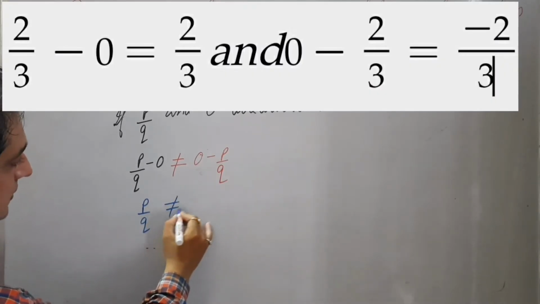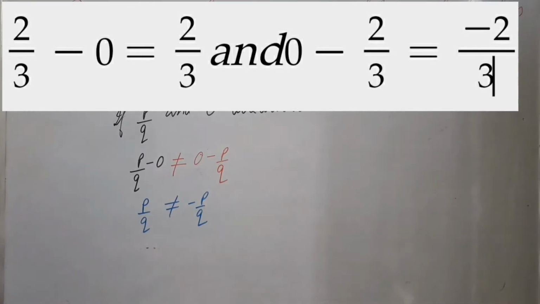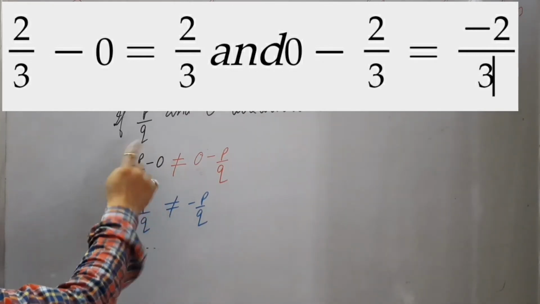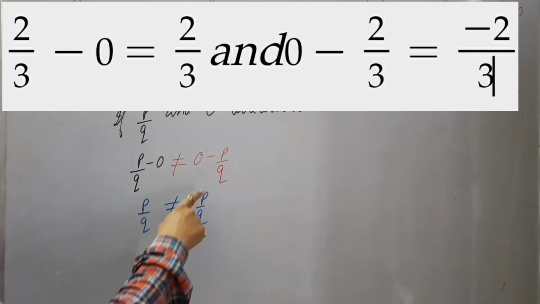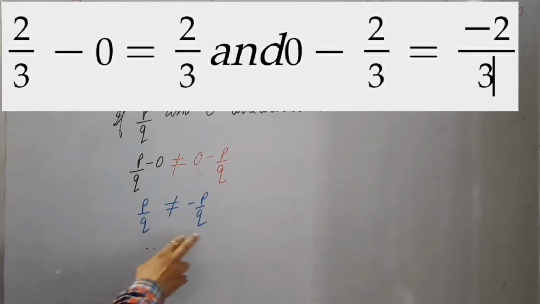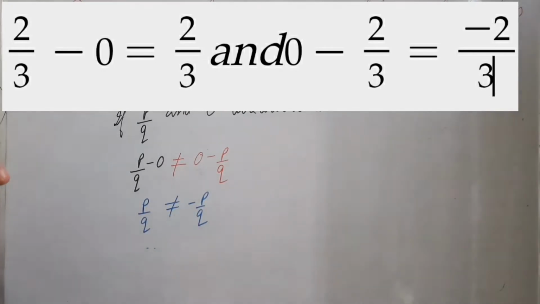इसका आंसर देखें तो इसका आंसर आएगा minus p by q. So in both the cases, the answers are different. Left hand side is not equal to the right hand side. You can say this difference, the order in which the two rational numbers are to be subtracted, and in this order the two rational numbers are to be subtracted. In both the cases, you will get a positive rational number and a negative rational number.